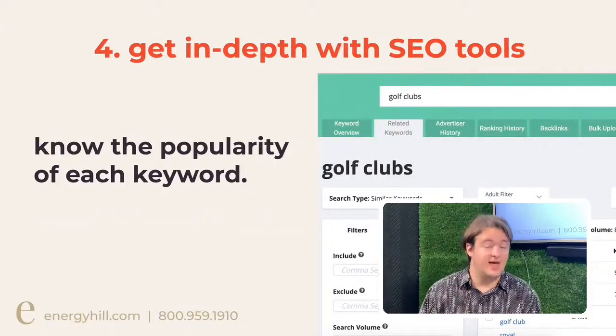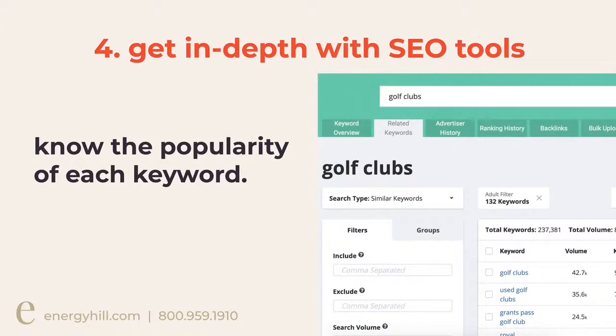And then this is the last step. And again, this is a very broad general overview of keyword research, and it can go much deeper on each of these. But ultimately, you want to know the popularity of every keyword. Again, is it really that valuable for your company to target a keyword like golf clubs that has 42,000 volume, that these large companies with very large web presences and authorities are going to be ranking for? Is it that valuable? More importantly, you should be targeting these long tail keywords, especially when you're starting out. These longer tail keywords where you can still provide relevance, you can still try to generate backlinks that can build your own authority. Instead of trying to rank for these higher keywords that are really large volume,